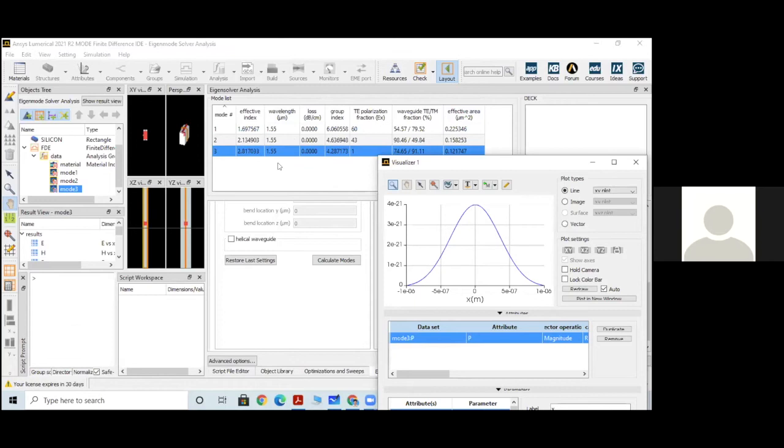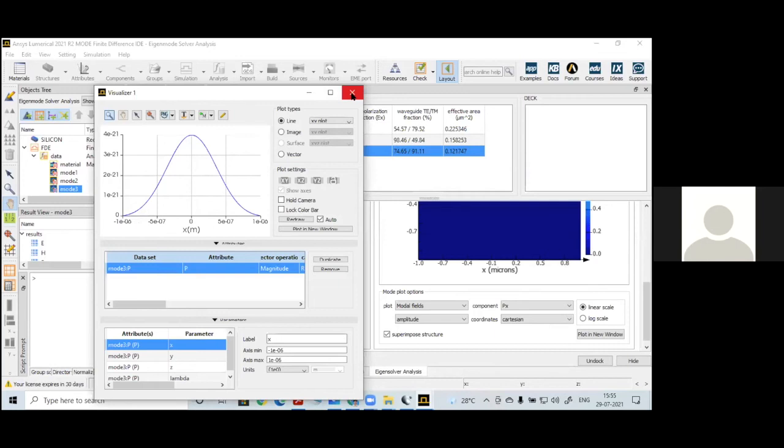If you divide by this, you are going to get the variation of power with respect to the effective index. That can always be calculated based on the effective index and these power confinement values.